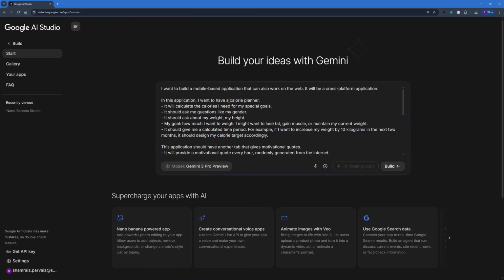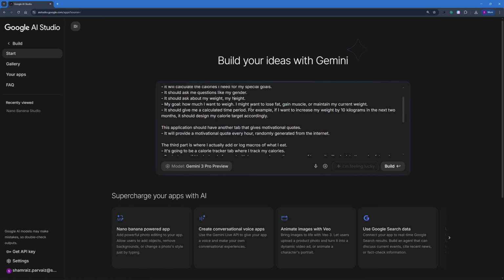So I want to build a mobile-based application that can also work on web, and it will be a cross-platform application, and it should calculate the calories that I need for my specific goals. Also, it should calculate on the basis of my gender, weight, height, and how much I want to weigh. I might want to lose fat, gain muscle, or maintain my current weight. So it should ask me these questions. And it should give me a calculated time period. For example, if I want to increase my weight by 10 kilograms in the next 2 months, it should design